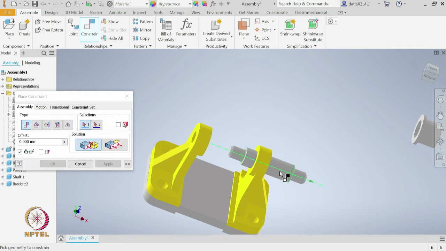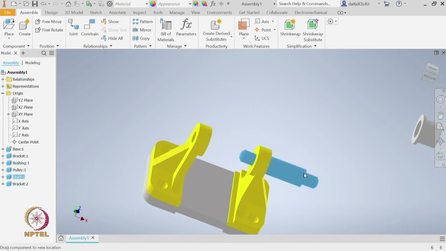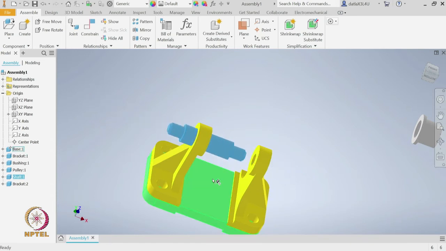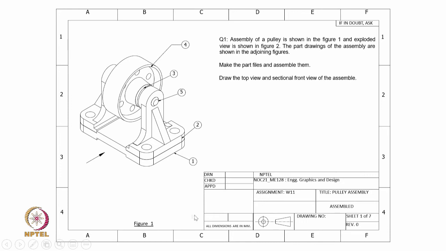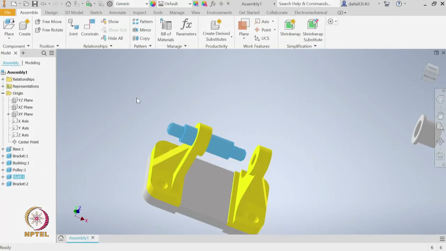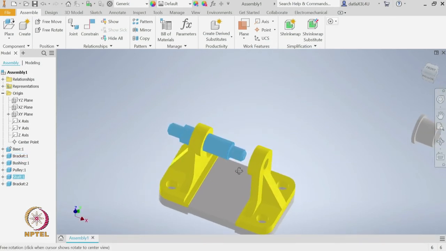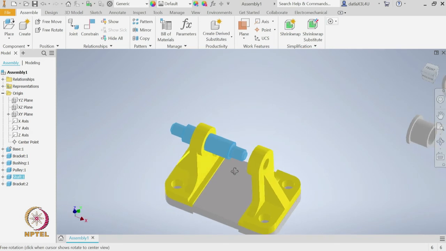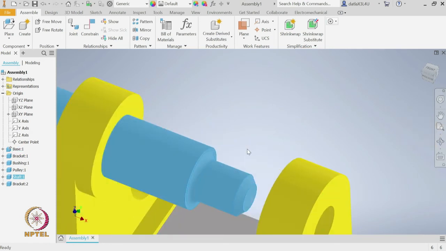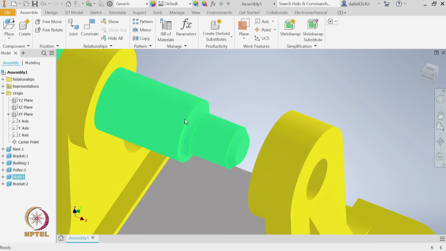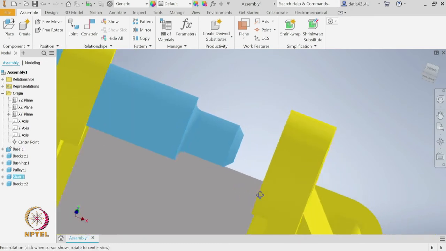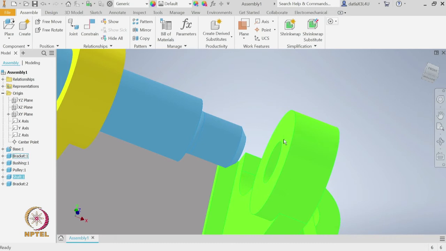Now, we see that if I cancel this, I can see the shaft is free to translate in this direction. For me to restrict it, if I go back to the question, I see that the shaft is perfectly at the center. One way of applying that constraint is, maybe after studying the drawing I see that this circle is collinear, it falls on this plane of the support.